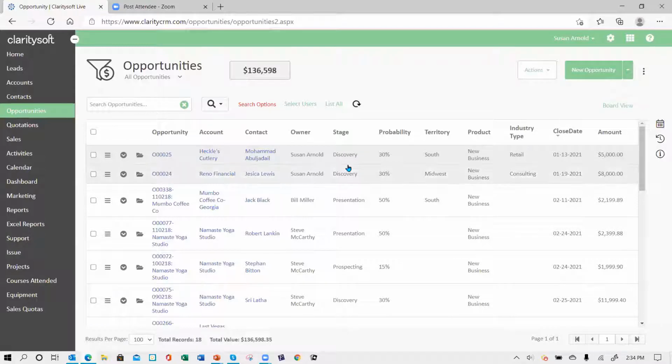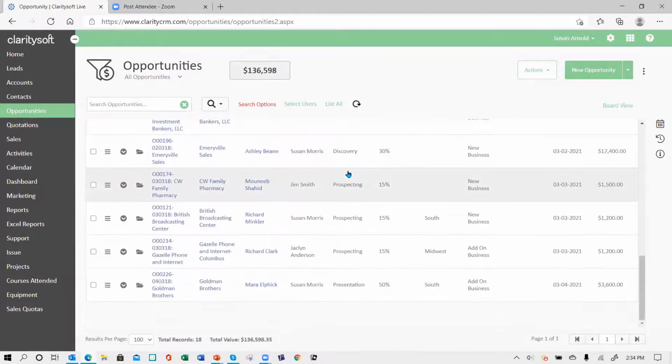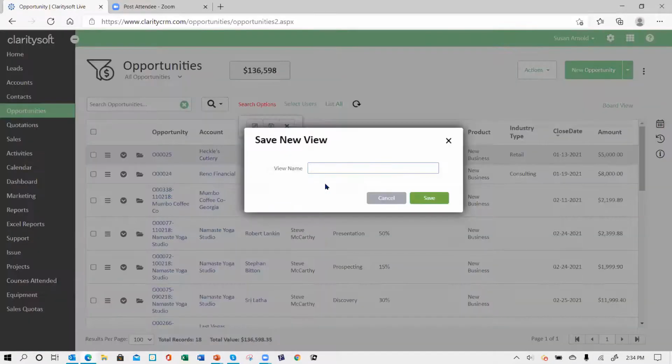Okay, it's an and. So we got rid of our 1. So that's how you would search for your active opportunities. And of course, now you can see, I don't think I want to have to recreate that all the time. So I'm going to save this so I don't have to do it again. And this time we would say, and